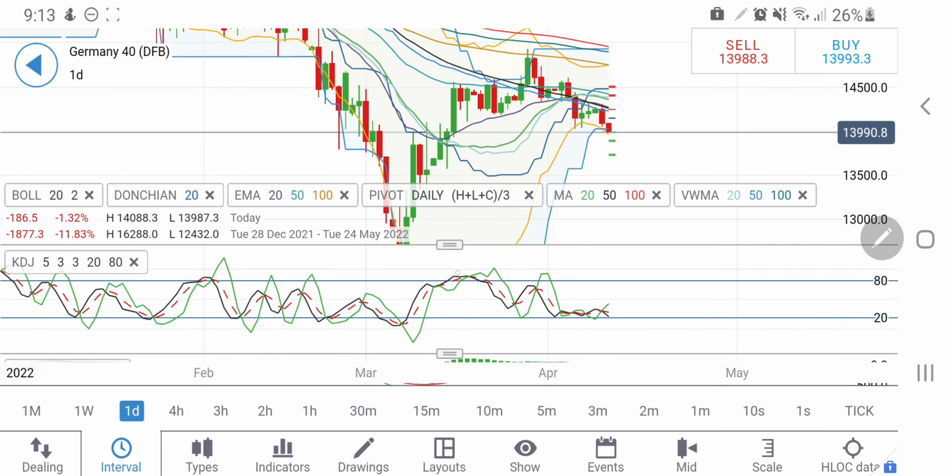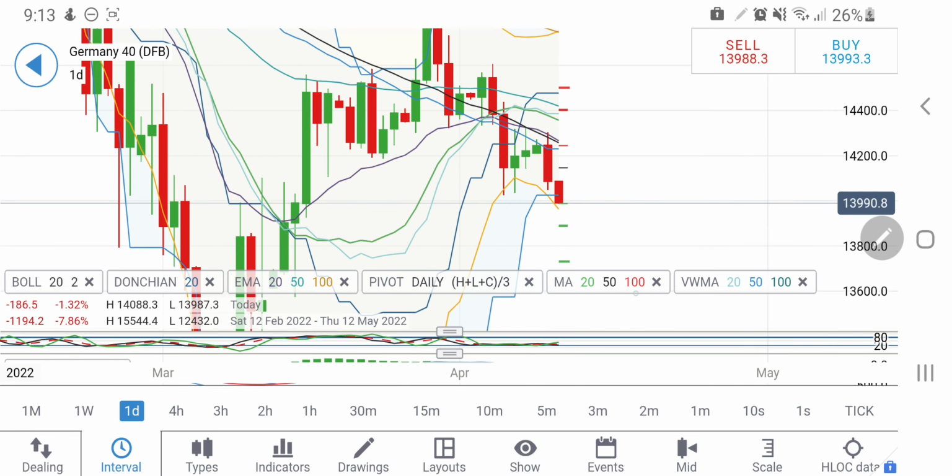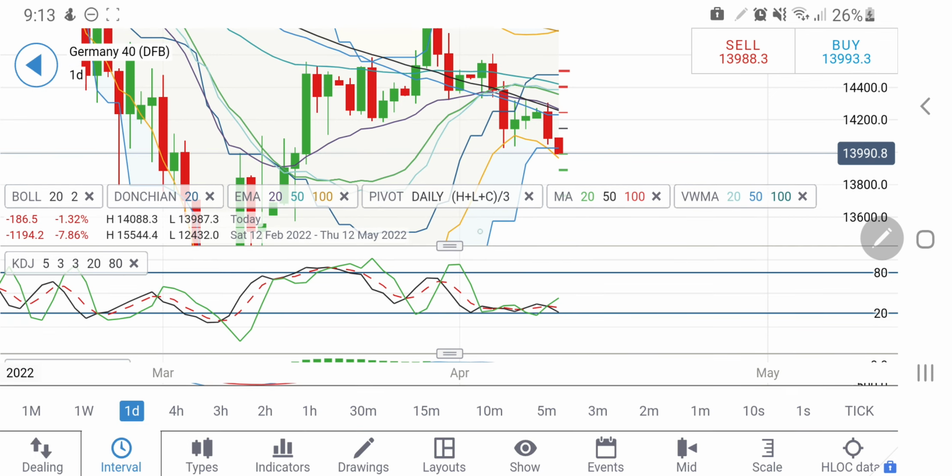Now look at also, this was the minor retracement here, and after this retracement it has broken this consolidation zone and is trading with a bearish bias. So the only long entry is beyond 14,100, where you can expect a sharper rise, else it may continue with the bearish momentum itself today also.